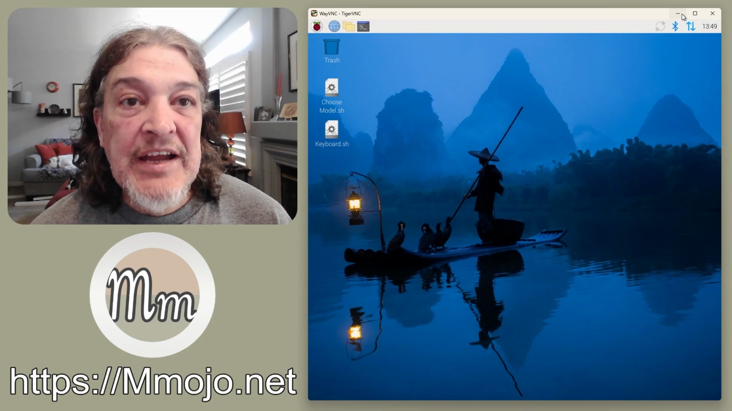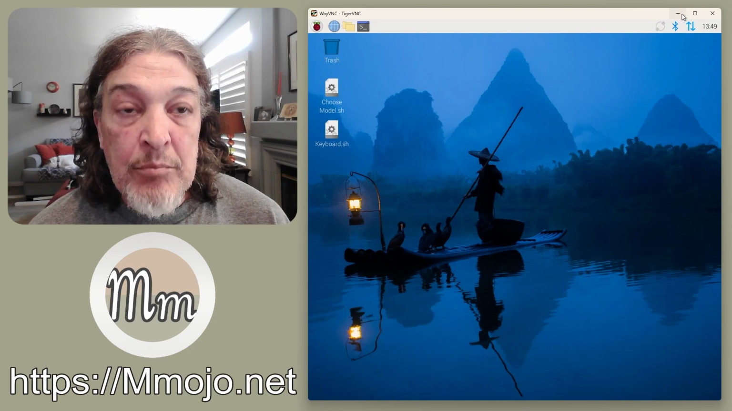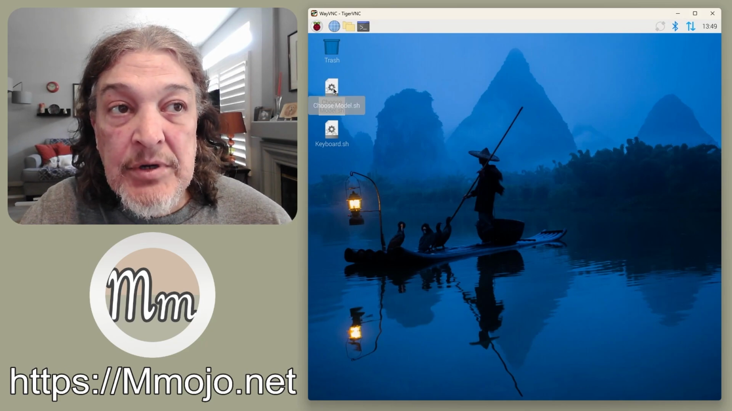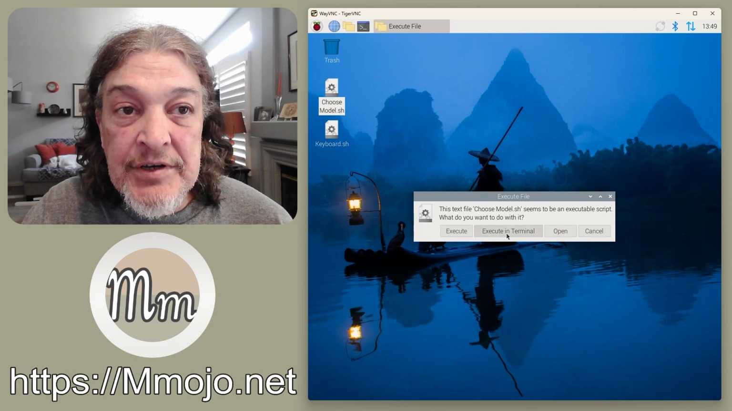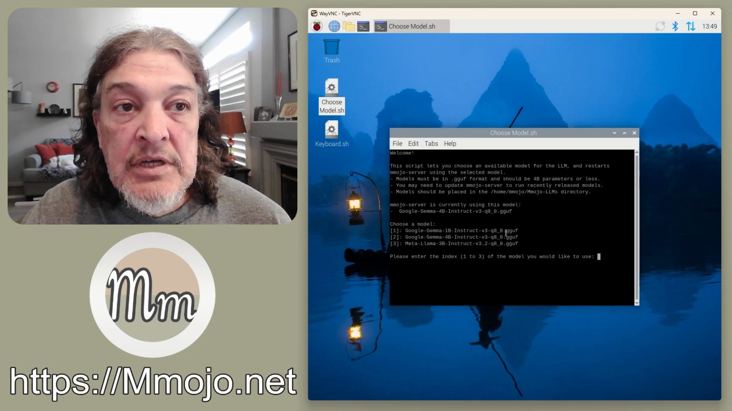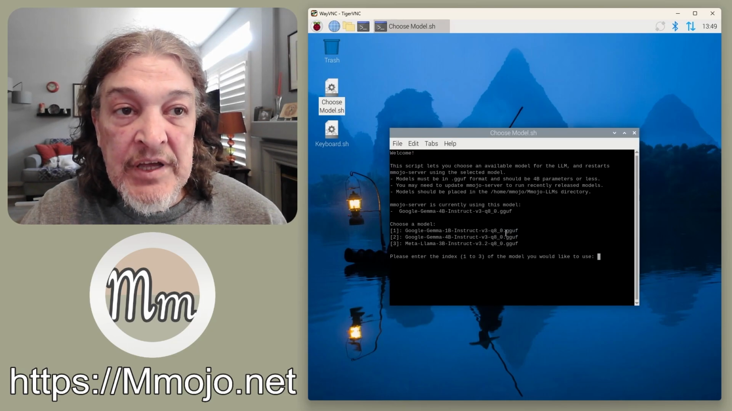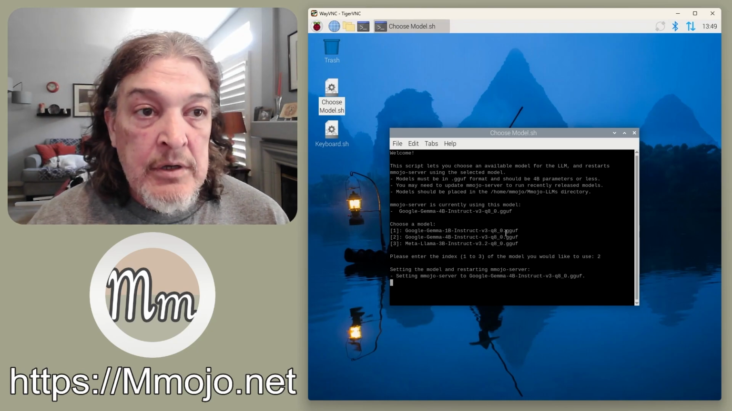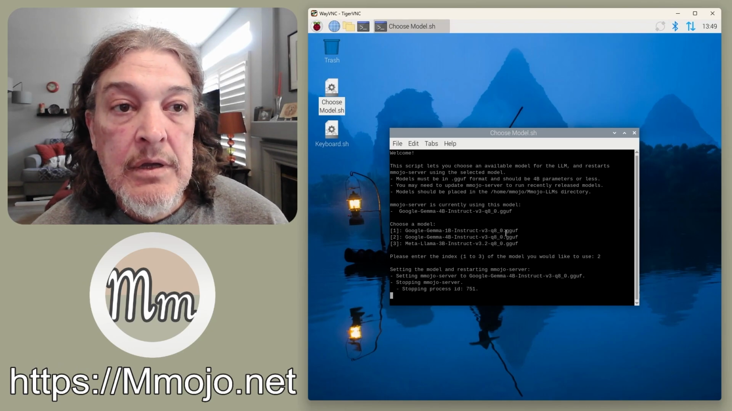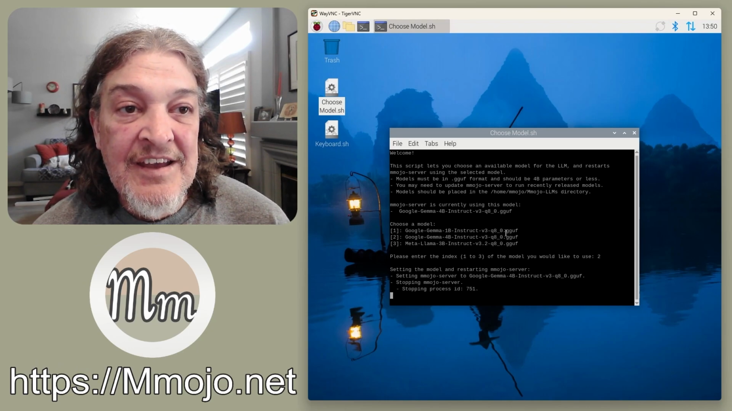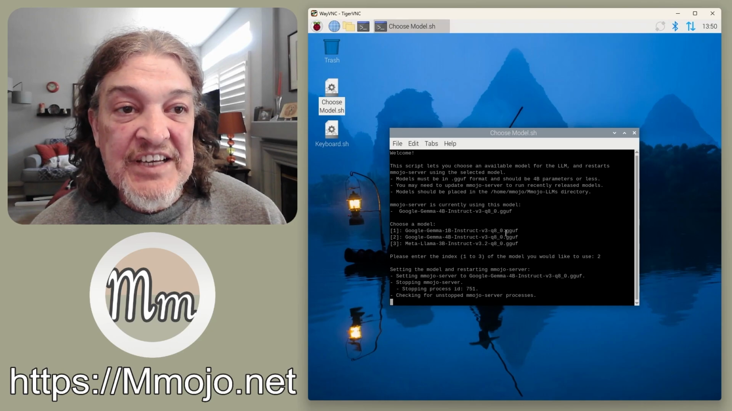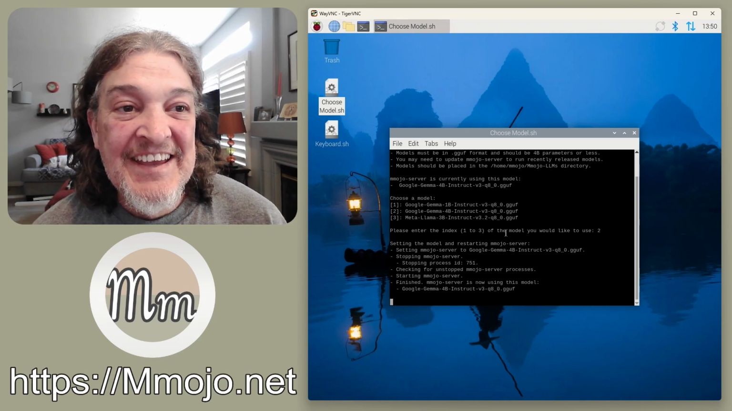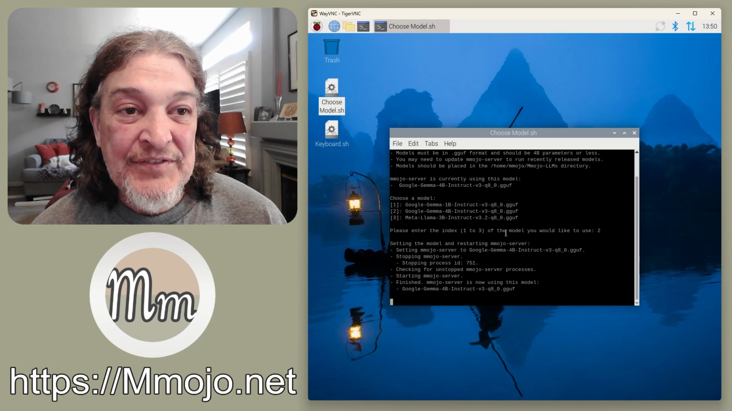I want to show you how I change the model that it uses. Right now what I do is I run a script. So I'll double click Choose Model, execute it in Terminal. This thing comes up, it asks me which model I want to run. So I want to run Google Gemma 4B Instruct. So I'm going to hit 2, enter. It's going to stop the old process, make sure it's stopped, it's starting Mmojo server again, and it's finished,